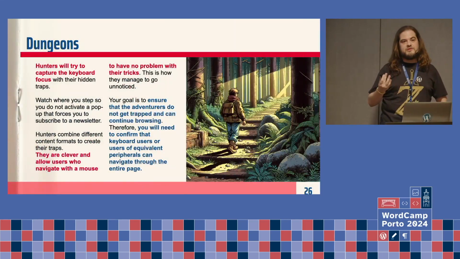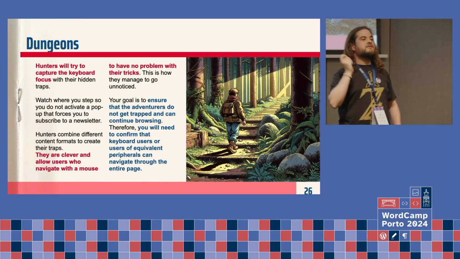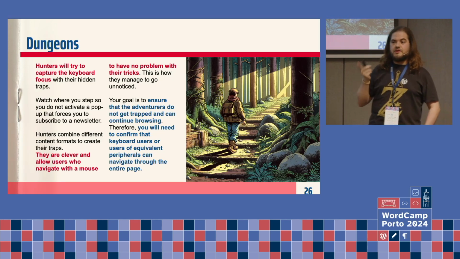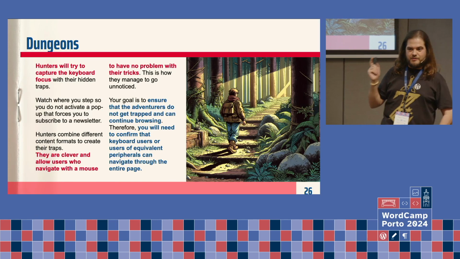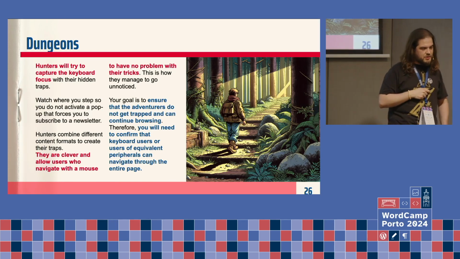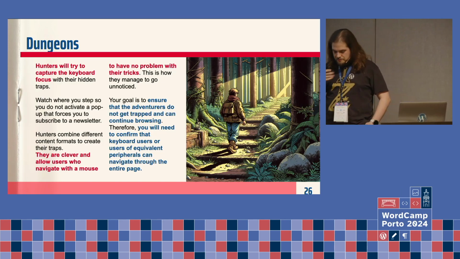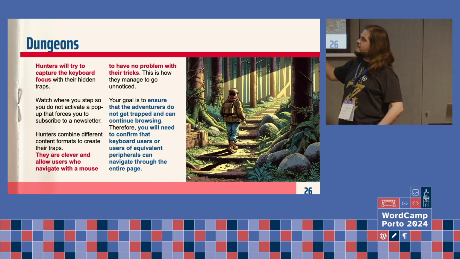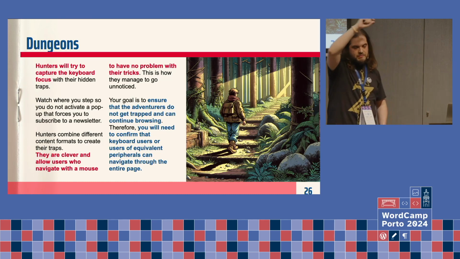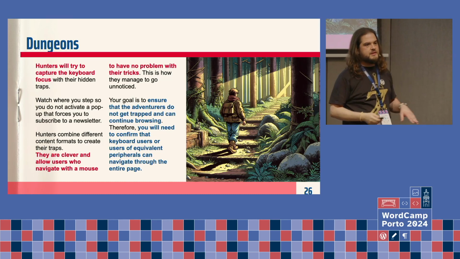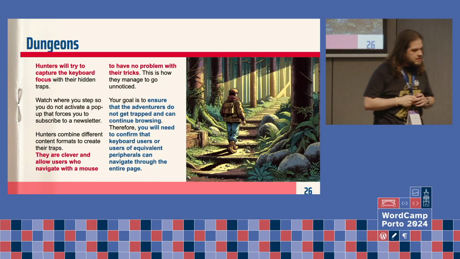The hunters will try to capture the keyboard focus, but they are really clever, because if you are using the computer mouse, you will not trigger any trap. This trap only affects keyboard users or other peripherals simulating keyboard. To win in this dungeon, you must ensure that all travelers can navigate from the beginning of the page to the bottom of the page, without activating any traps that keep the keyboard focus.